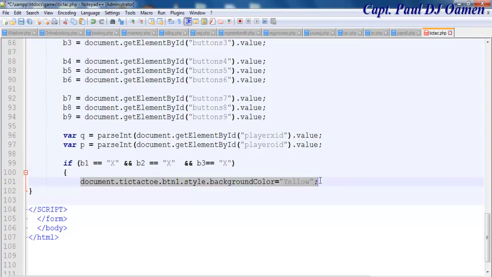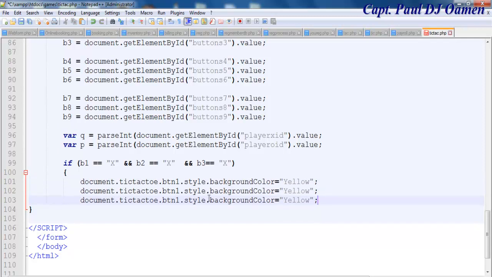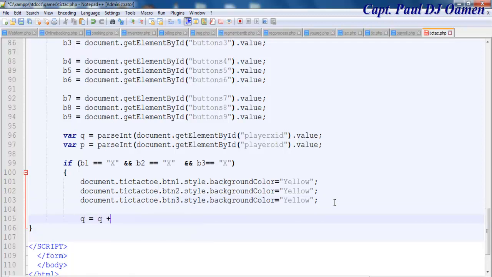So once they win, I want to undo that. That's a mistake. If there's any winner, all of those change color. So this is 2 and 3. And the other thing that I want in there is, let's say Q equals Q plus 1, or you can say plus equals 1, and there we then say document